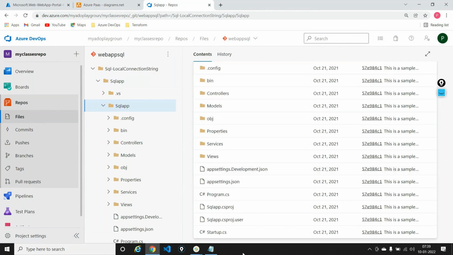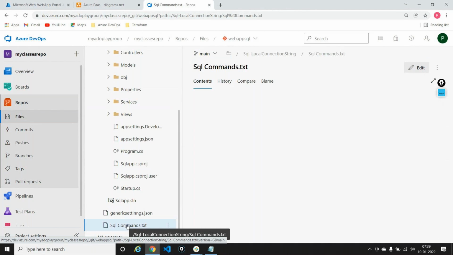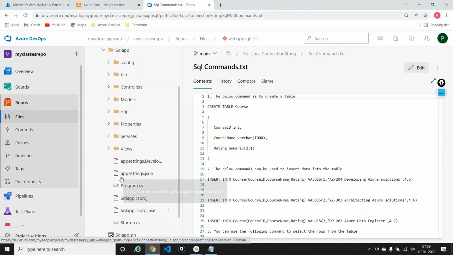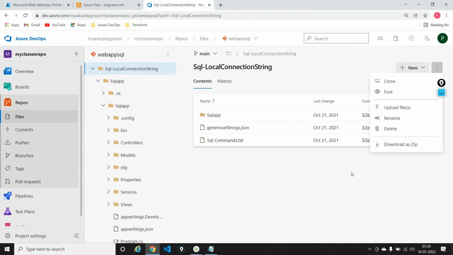I know what it is. That's the reason I'm telling. But I'll explain what is .NET Core and standard framework and everything. And this is what the code really looks like. And I have the SQL commands also. I have just placed the SQL commands and everything. So please make sure to download all of this as a zip so that you can